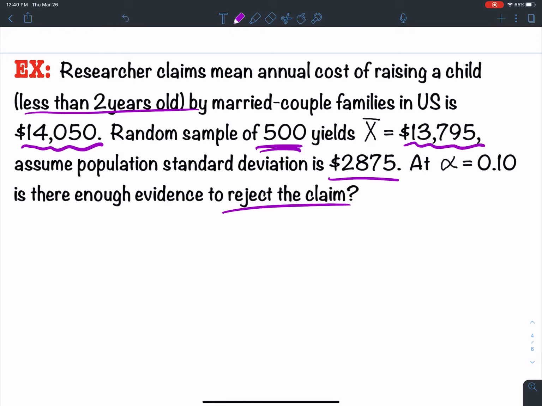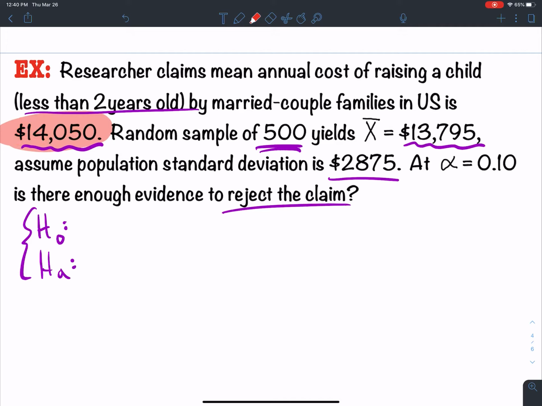So the first two we did were supporting the claim. Now we're rejecting the claim. Before we do anything, I already know the H0 is the claim. So let's see if I can work through it. I've got the H0 and I've got the Ha. Typically the H0 comes first and then we write the Ha. Researcher claims annual cost raising a kid is,